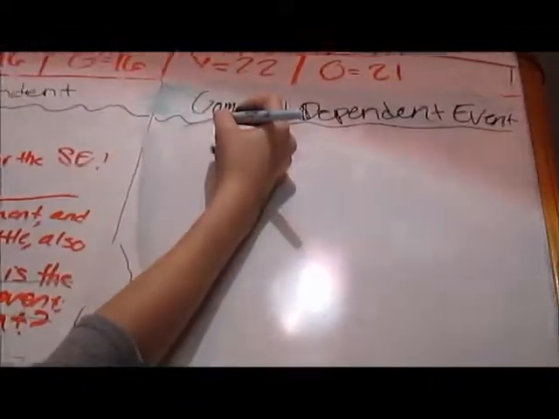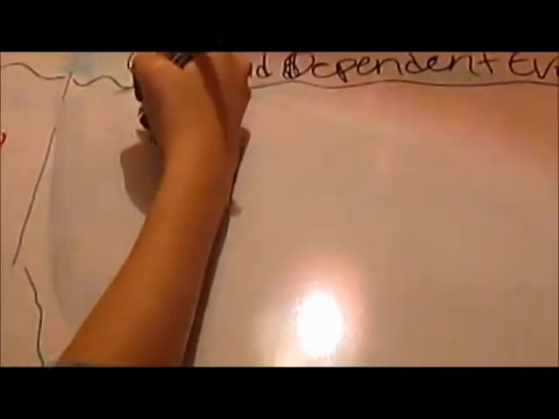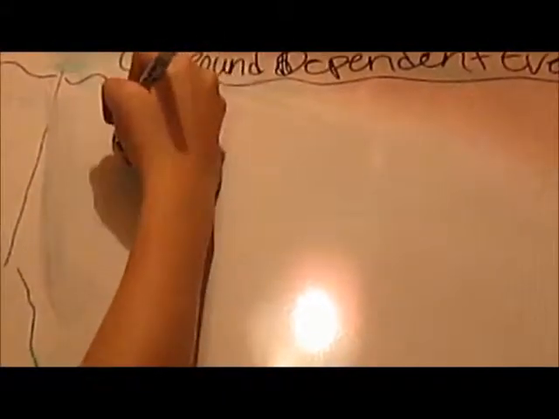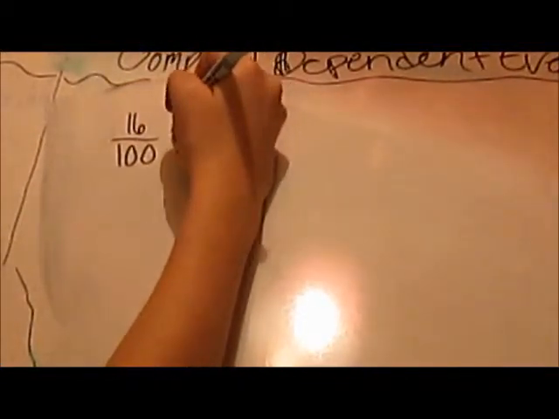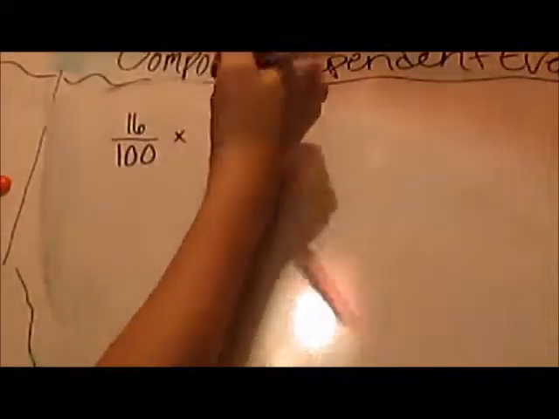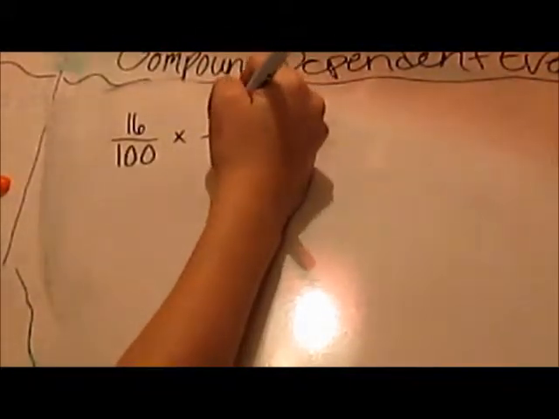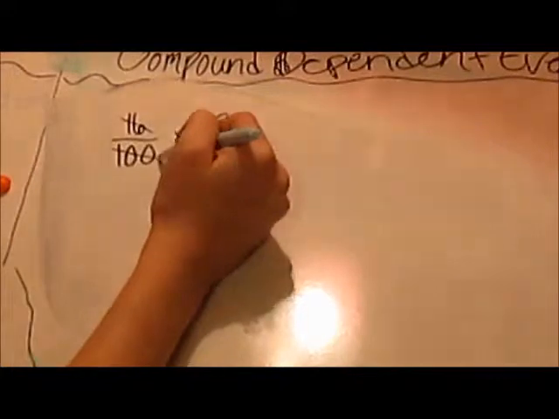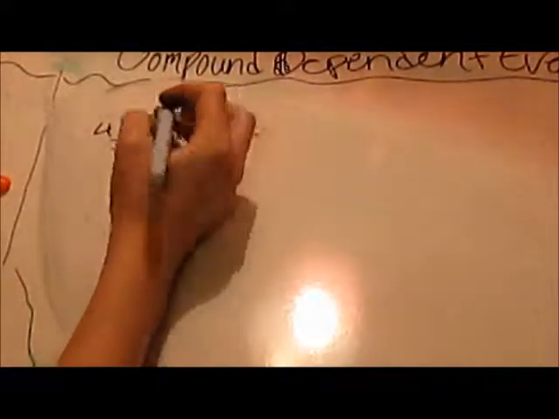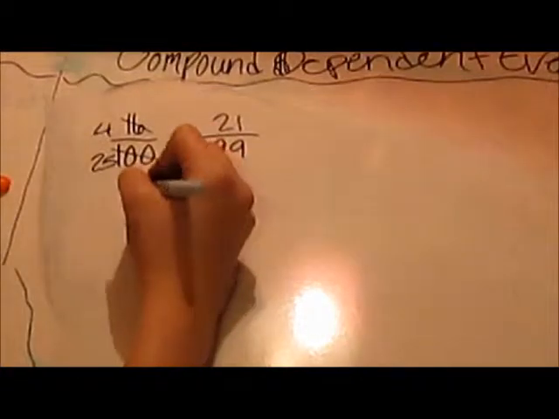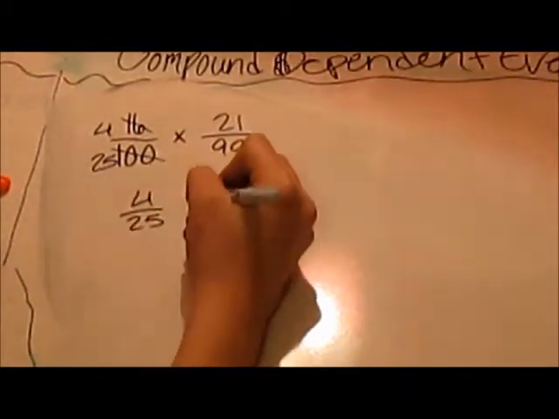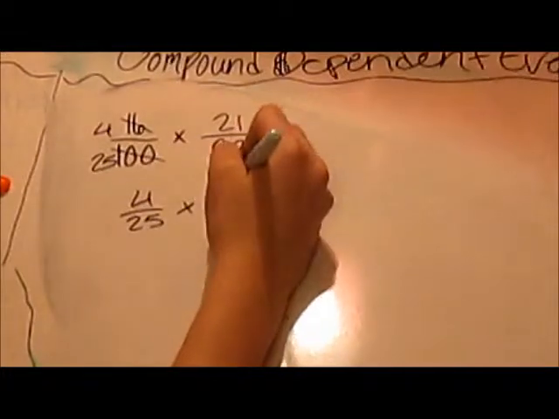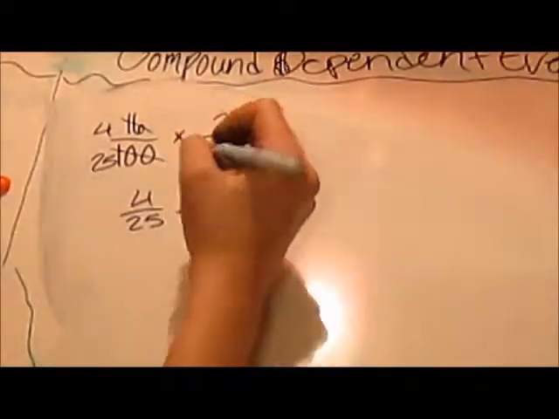So, let's work out the equation. Our first color that we drew would be 16 out of 100. And since it was done without replacement, this orange Skittle will now be 21 out of 99. We can simplify 16 and 100, which would be 4 and 25. So 4 over 25 times 21 over 99 is